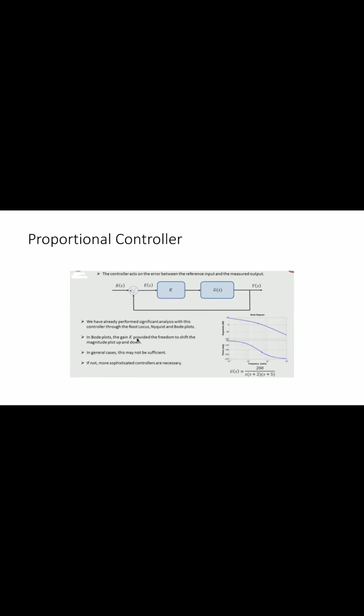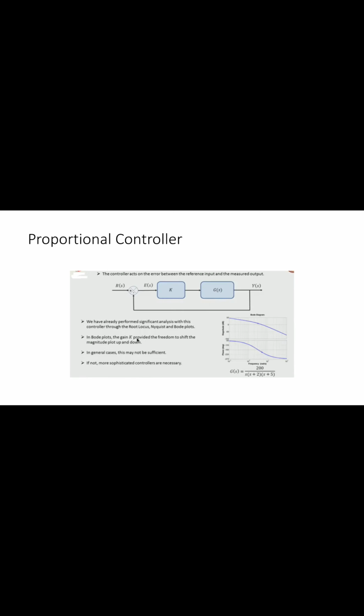If you see the next, third and fourth graphs, you will notice that as we are adding a zero, the root locus is getting pulled to the left side, and if the root locus is getting pulled to the left side, we can say that the system is getting more and more stable. And as I told you, adding a zero means a derivative action, and adding a pole is similar to an integral action.